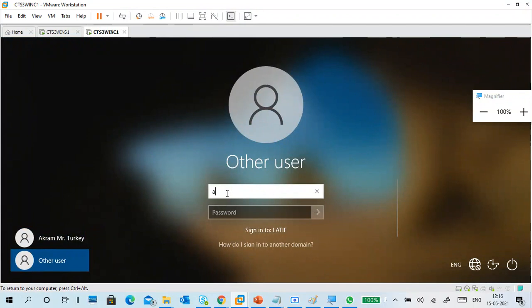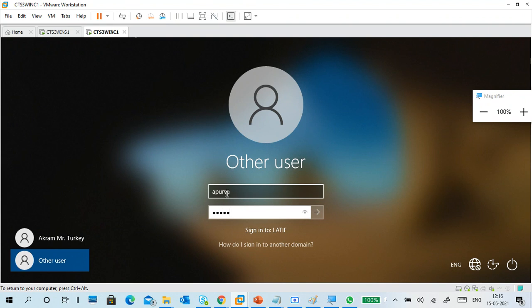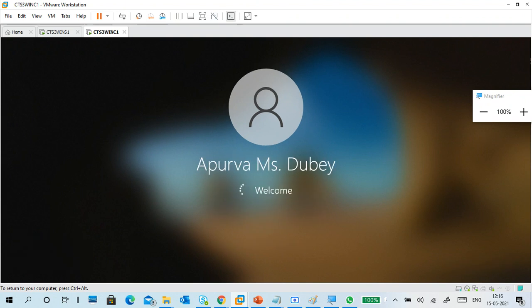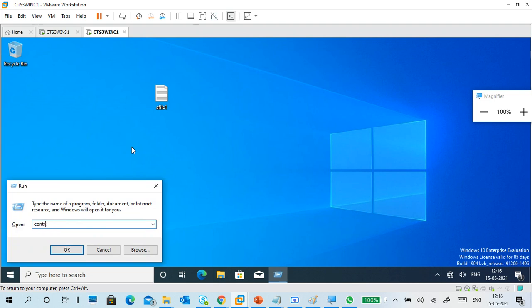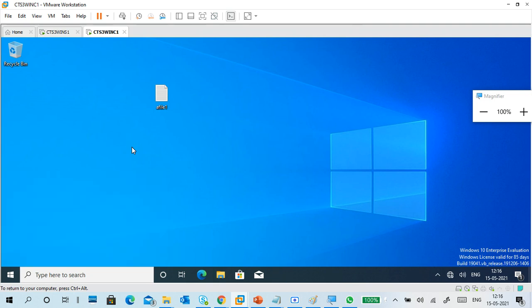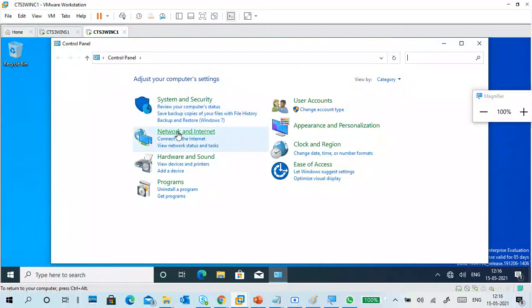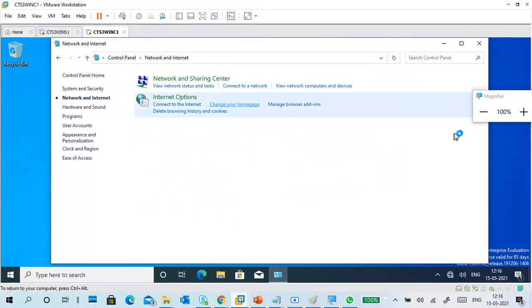If you check with Apurva, go to control panel, internet, change your home page.